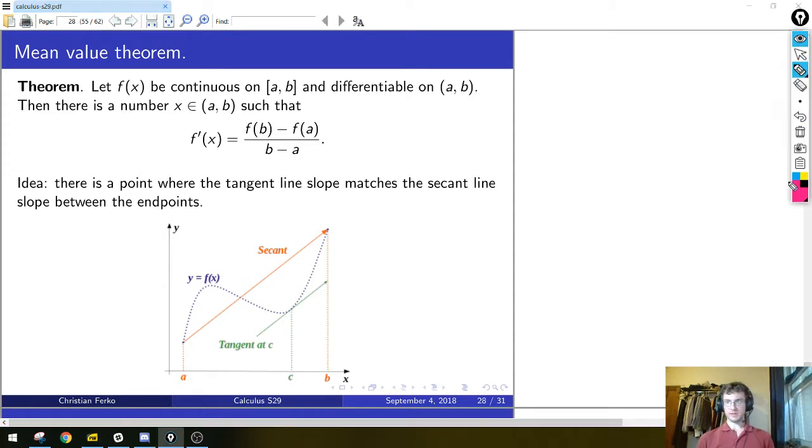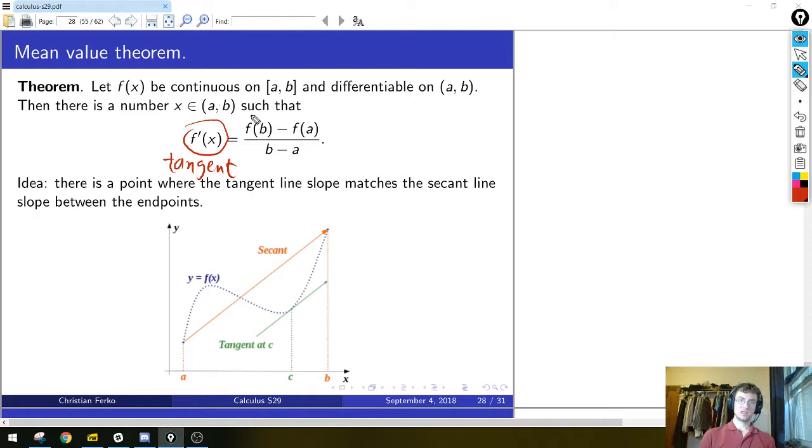Alright, so this is, I think, the most important theorem probably in this chapter. Yeah, probably, actually. So this is called the mean value theorem. Here's the statement. So same hypothesis. This is why I'm belaboring these assumptions. Let f be continuous on the closed interval a to b, differentiable on the open interval a to b, the weakest assumptions possible. Then the conclusion is that there's some number x in the interval where the derivative of the function at that point, which is to say the tangent line slope,